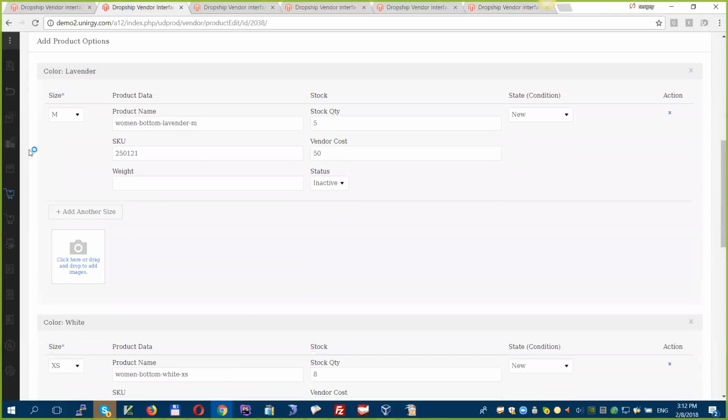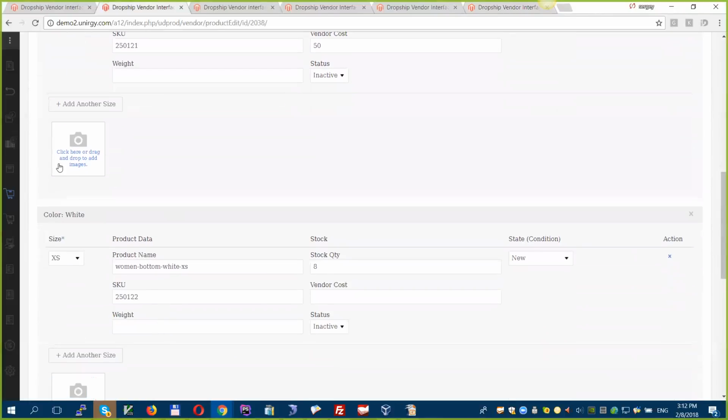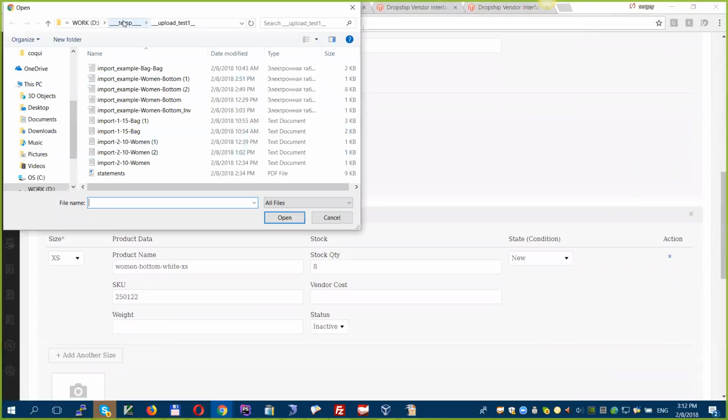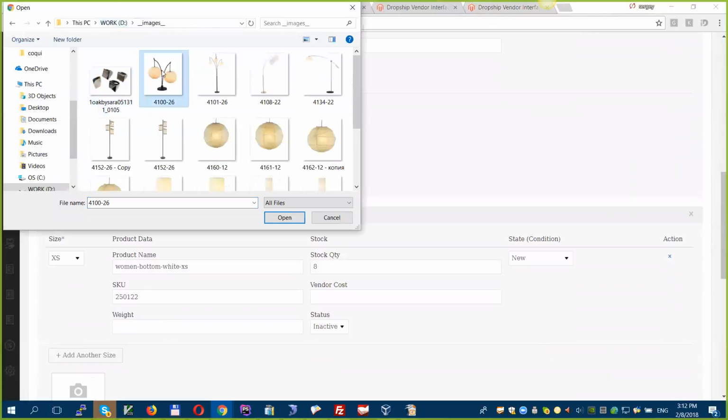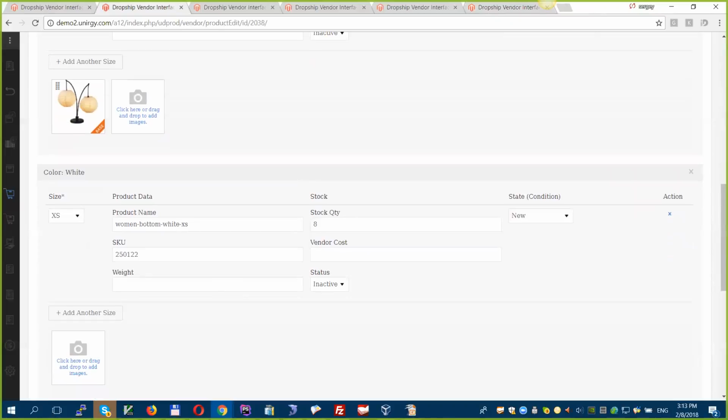For example, this product. We have a section for color, lavender. We can upload different images here. But is that our configuration, like putting an image per color option, in Magento admin? No, it's a product vendor portal feature. You have this in Magento admin, but it was not available for a while, but